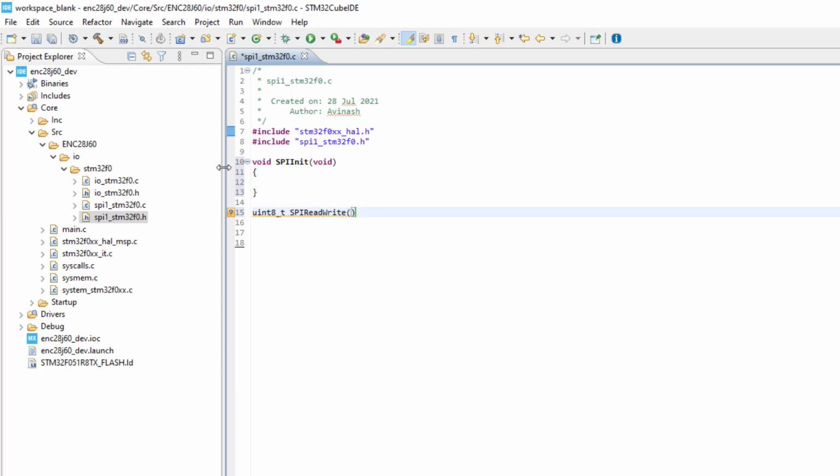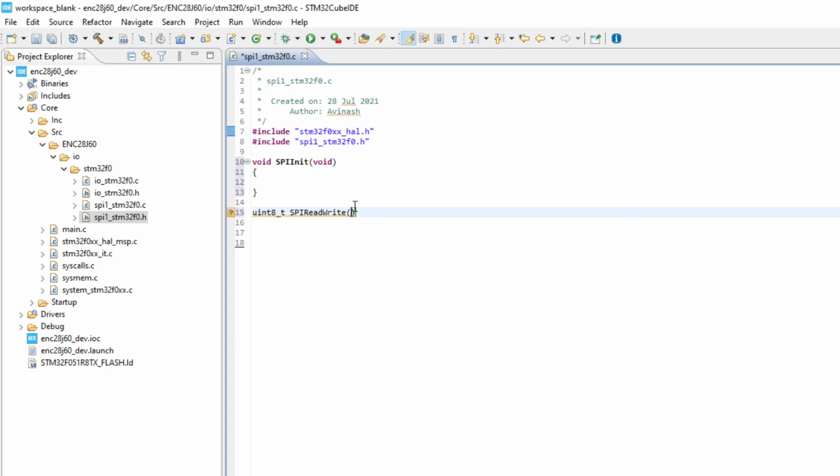The name of the function is SPI read write, because SPI is a full duplex port, and any time we write any number of bytes to the SPI port, the same number of bytes is also returned from it. That means it is full duplex. So if we give one byte to the SPI, it will also return one byte. If we want to write a byte and do not want to read anything, we can discard the returned byte, and if we only want to read from the SPI port and do not want to write anything, then we have to write a dummy byte. In this way SPI works.